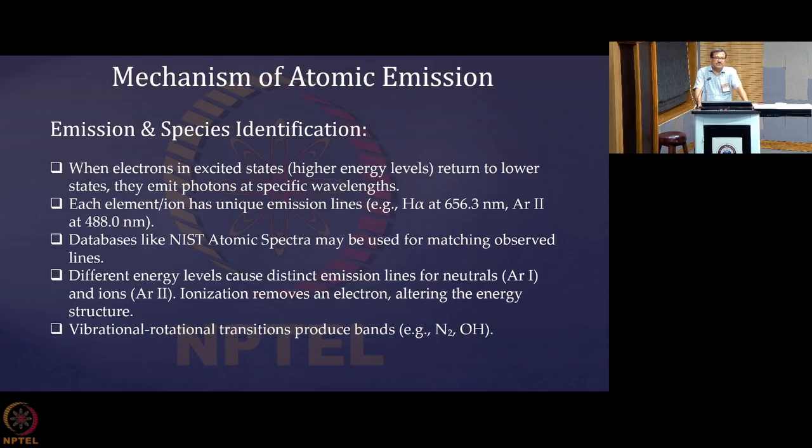And suppose you have a filter which can band pass the wavelength around one ionic line. If you use that filter and capture the image of the plasma, then you will be able to identify the zone where very high temperature exists, because ions are there only when the temperature is sufficiently high to form the ions. So the region where ions are present in good amount is definitely the high temperature zone.